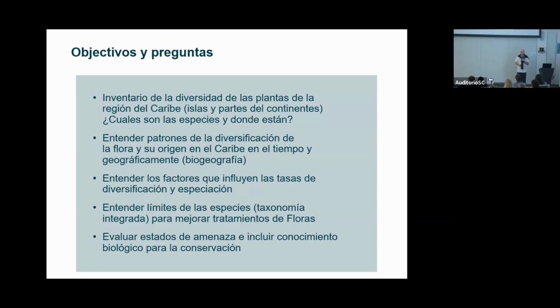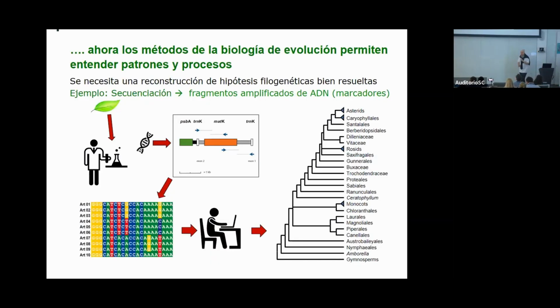As you all know, evolutionary biology nowadays, with the ease of sequencing DNA, has revolutionized what we're doing in taxonomy. There is the field of integrative taxonomy that I will also talk about, which is the base to have biological units classified and named as species. And of course, these are the species that are needed as a scientific base for conservation status assessment.